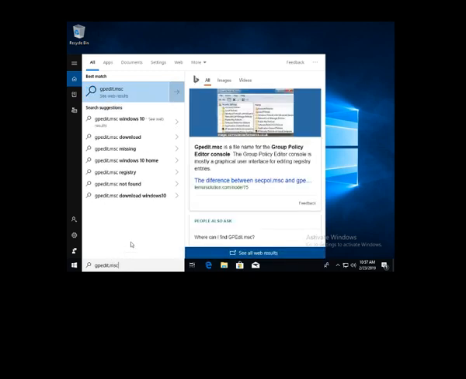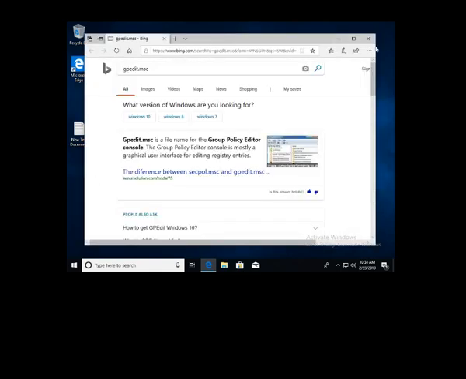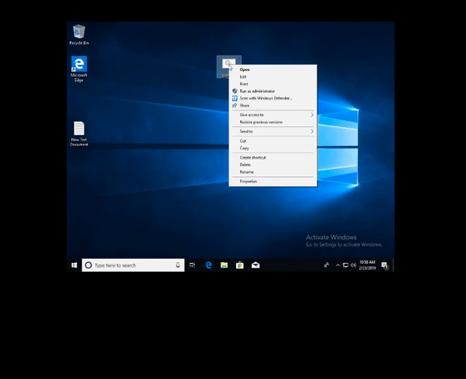And just so you can see, I type that. I'm going to hit enter, and it's probably going to try to do a search. Yeah, it's trying to search for it. So if you take the .bat file that I'm going to provide for you, you right click or create it yourself, click run as administrator,